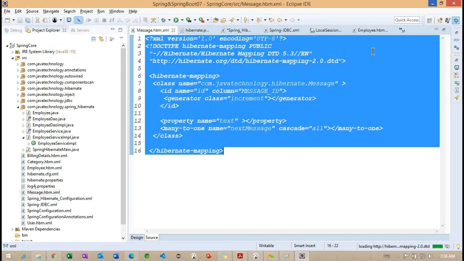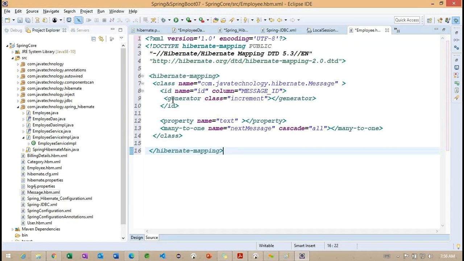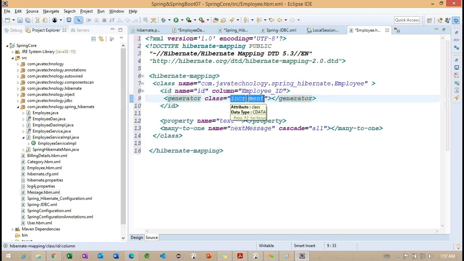Open the message.hbm file. I want to copy it in here. We need to provide the package name. So com.javatechnology spring underscore hibernate, employee id.